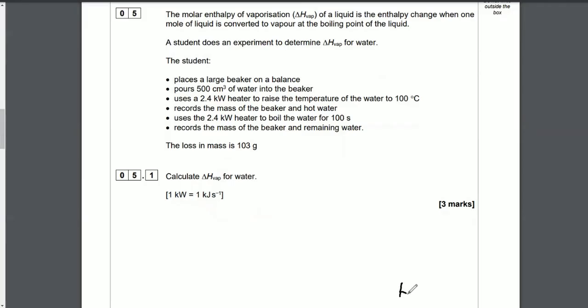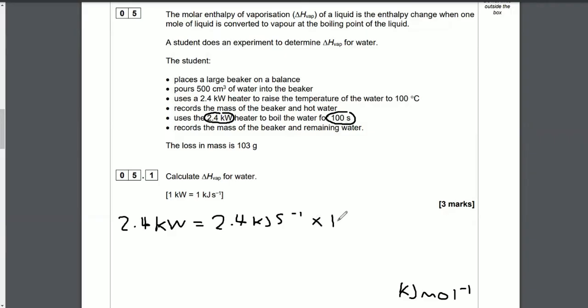All right, we're looking to work out kilojoules per mole to the -1, which means kilojoules divided by moles. So let's work out the kilojoules. We've got a 2.4 kilowatt heater. Now, what does it tell us there? 1 kilowatt equals 1 kilojoule per second. So we know we were burning off 2.4 kilojoules per second. How long did we do it for? We did it for 100 seconds. So what's the total amount of joules we did? We did 2.4 kilowatts for 100 seconds. So we times that by 100 seconds, and that's going to give us